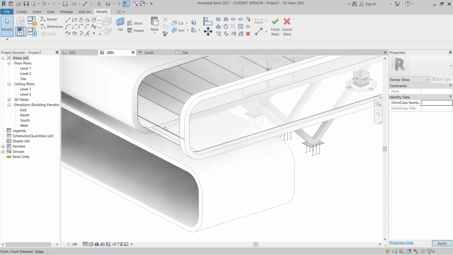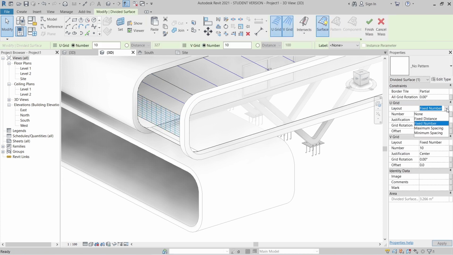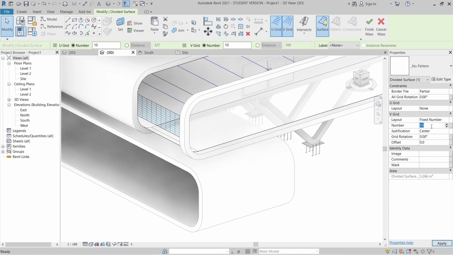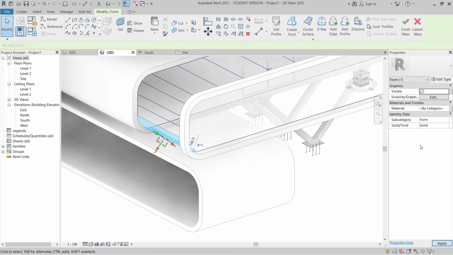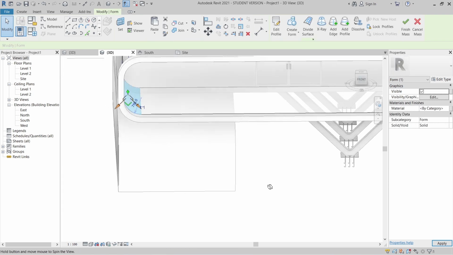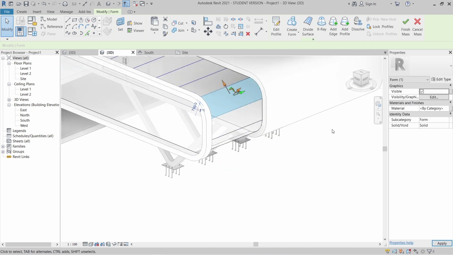Again for the bottom one. The white surface, none and make it 2 again. I think this part we have done. Again, we need to finish up these 2 parts here.